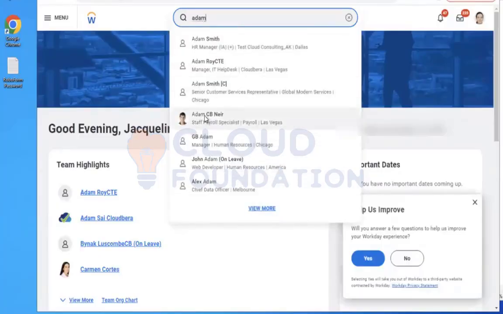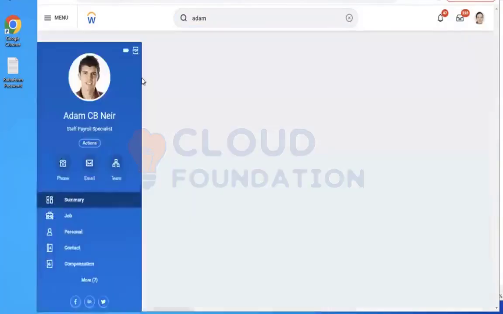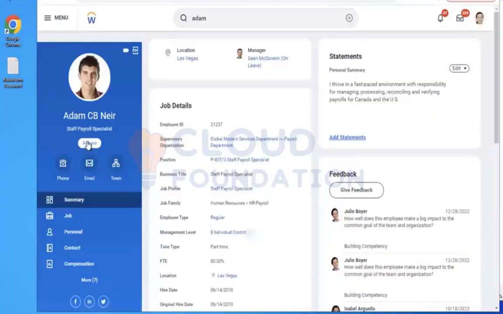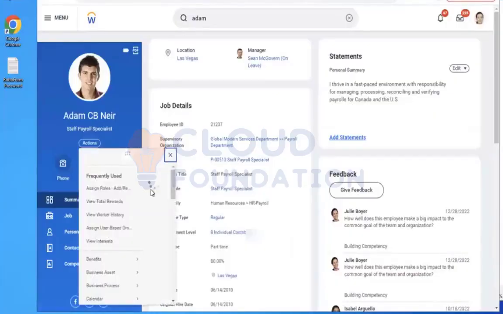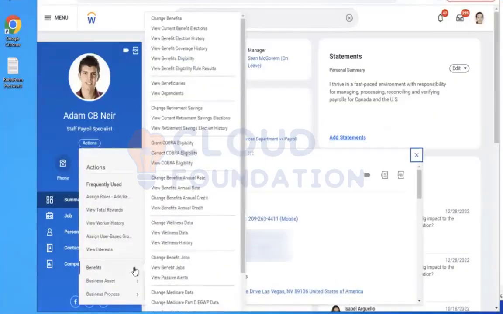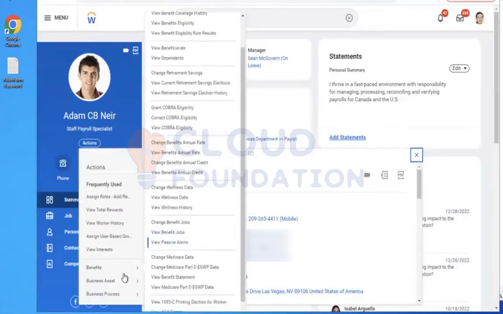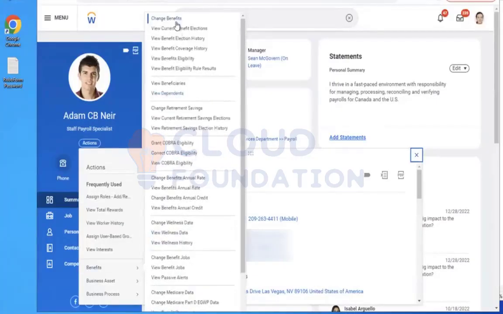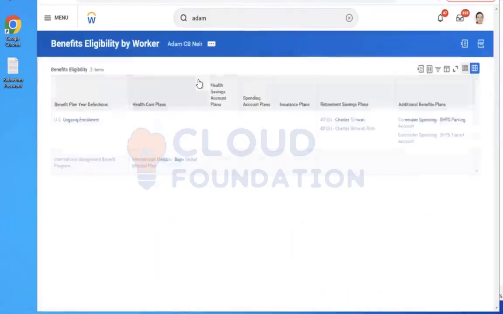I go to Mr. Adam. How can we do that? Go to the worker related action, go to benefits, change benefits, benefit eligibility. View benefit eligibility rules result.